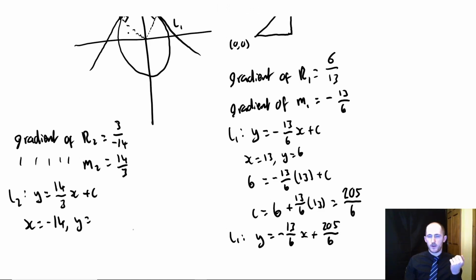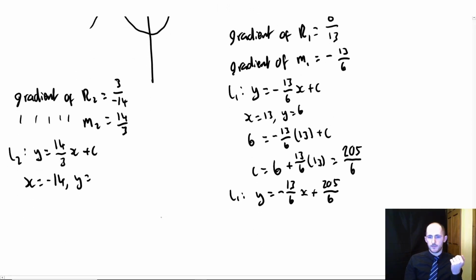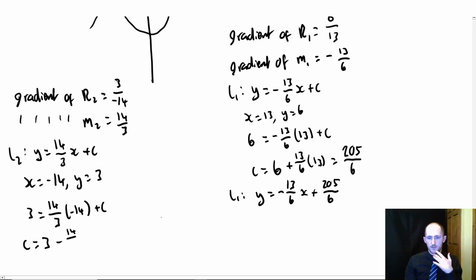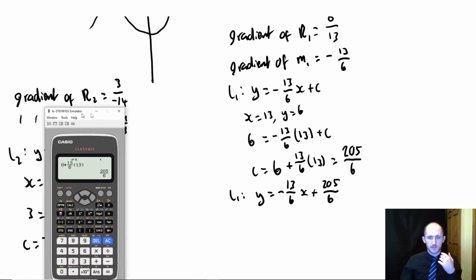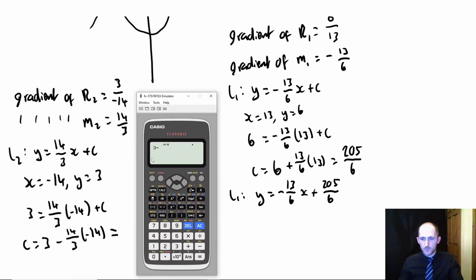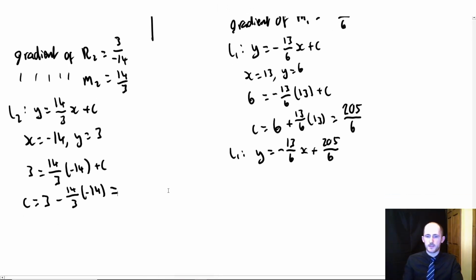So when x is minus 14, y is equal to 3. So I get 3 equals 14 over 3 times minus 14 plus c. So again, I'm going to use the same trick I had before. 3 minus 14 over 3 times 14. Let's do it. So we have 3 minus 14 over 3 times 14. 205 over 3. Okay, actually the numbers are pretty similar. So my equation for L2,